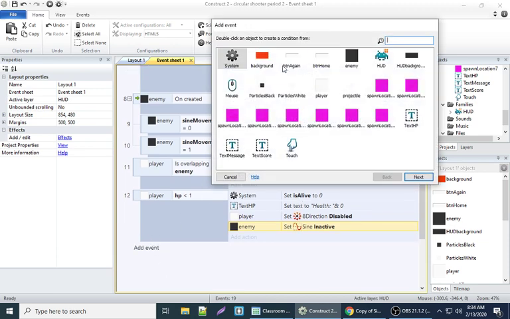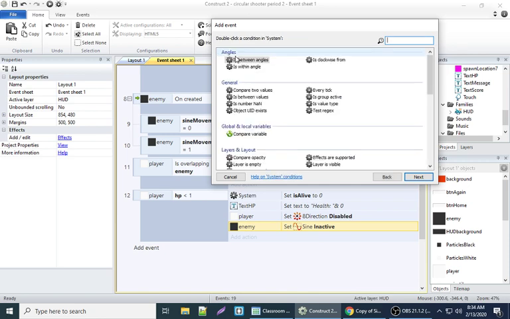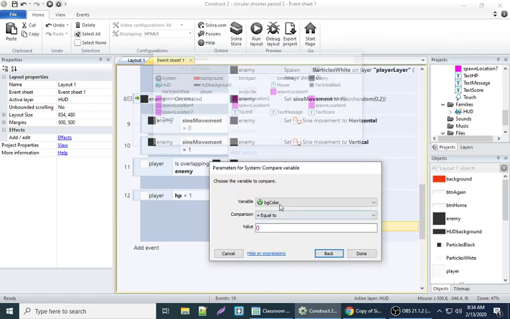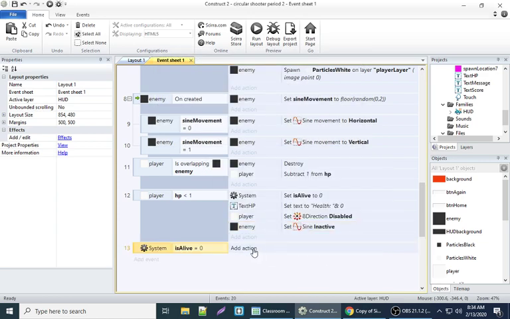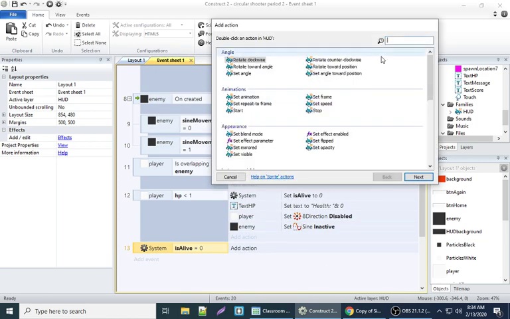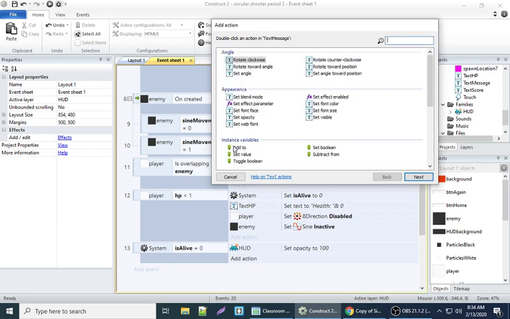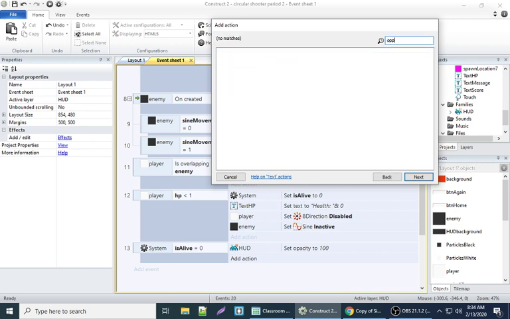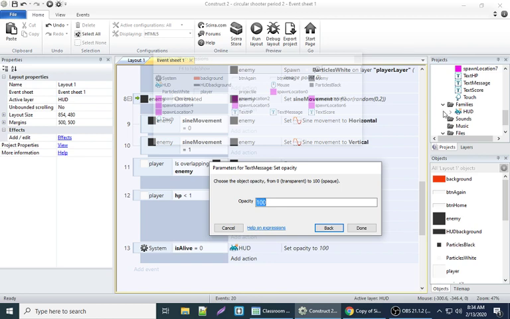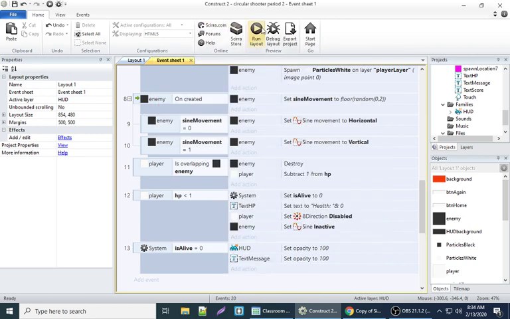So now we want to have an action that's going to say what else needs to happen when is alive is equal to 0. So we're going to ask the system, can you please compare the value of is alive and let us know when it's equal to 0? Because when it is equal to 0, we want the HUD background opacity to be back to 100. We want the text message opacity to be back to 100. So that way, if we test just this code right here,